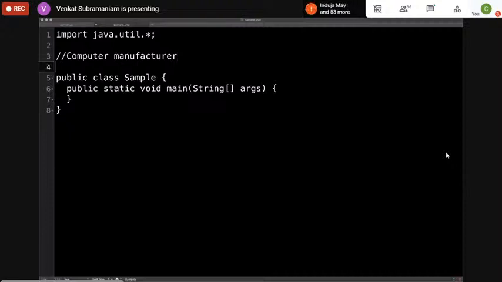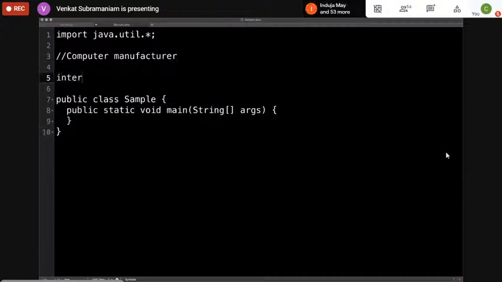So here's a way to think about it. Let's create an interface. I'm using Java as an example here, but you could do this in almost any language. So an interface called Computer, or you can create an abstract class if you want to. That is perfectly fine as well. So you can say an abstract class called Computer or an interface. It's entirely up to you.